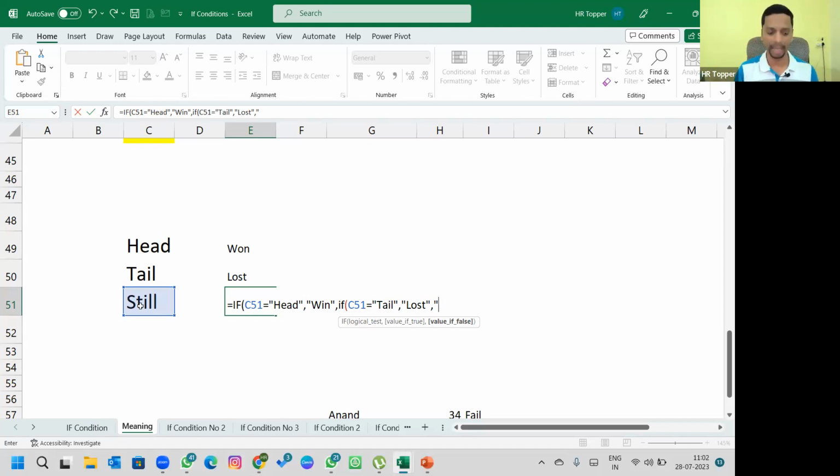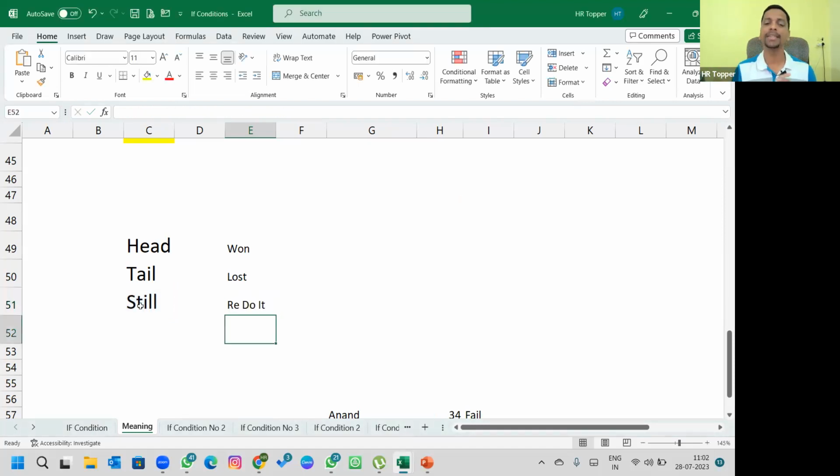So I'll do it again, redo it. And this is the result I'm giving. If it is not head, if it is not tail, then give me "redo it" and close the bracket. See, it has come, redo it. So head, tail. Now, if I write Anand, it will show redo it, because we have given the condition on only